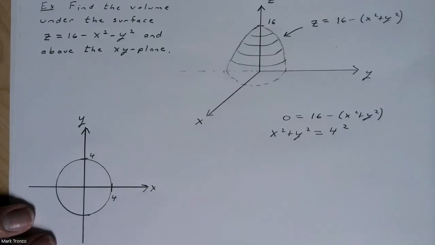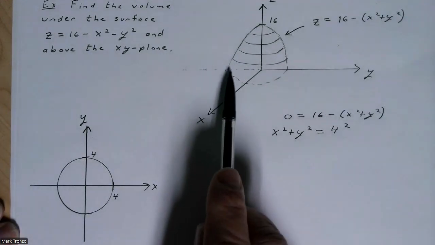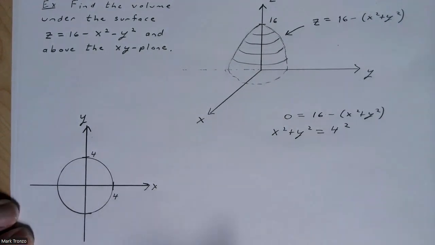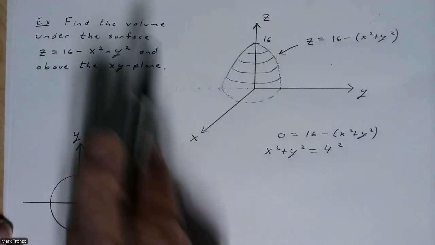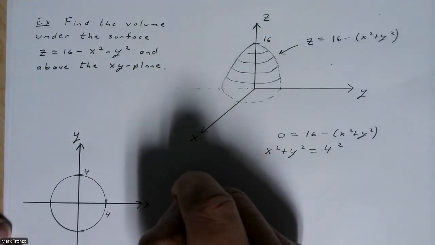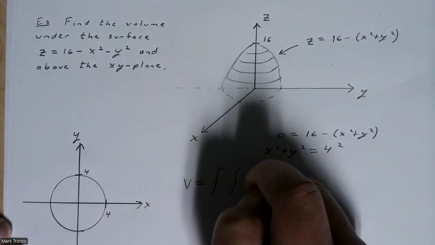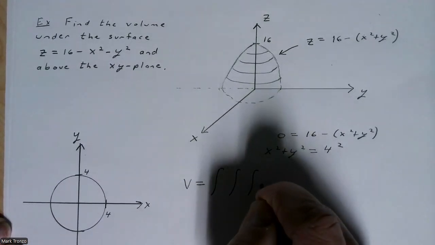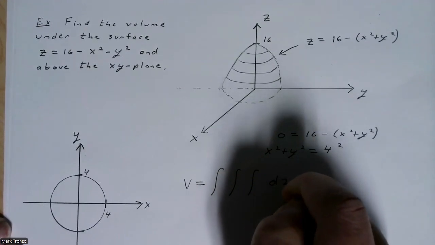So it's good to draw what we have in the xy plane. So we'll have this circle down here. Again, that's this circle right here in the xy plane. And now, when we set up the triple integral, since we're just looking for volume, our integrand is just going to be 1. So like right here, we're just going to have a 1, or you can just leave it blank because that implies 1. And then we're going to do dz